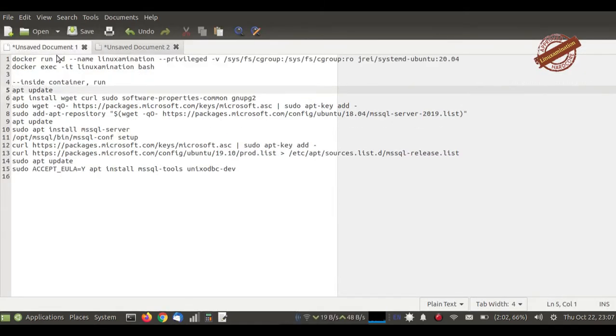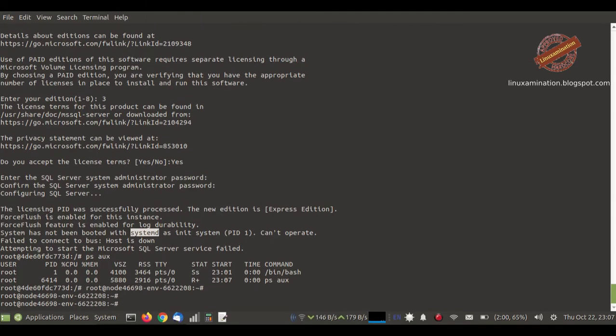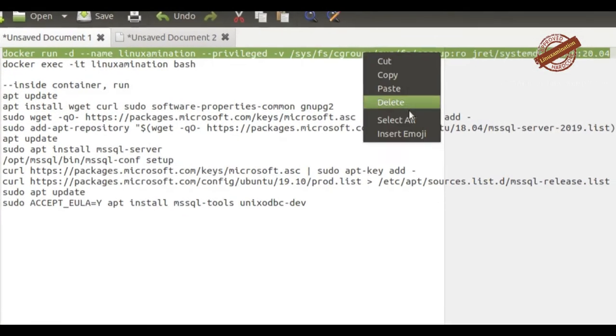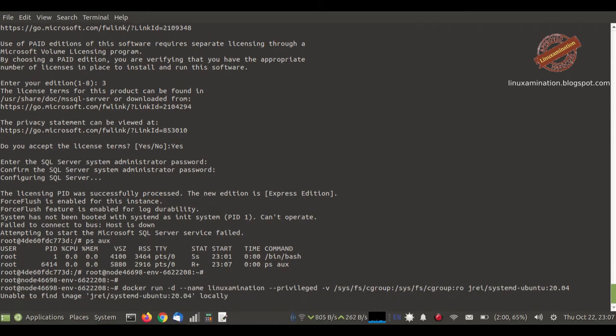So I found a Docker image which is created for such containers. You can see this command. I need to pull this image, and a container launched from this image will be launched with systemd as PID1. So now I am pulling this image. You can find this command in the description, and this is the main solution to your problem.